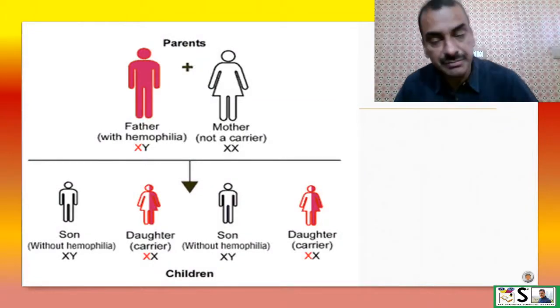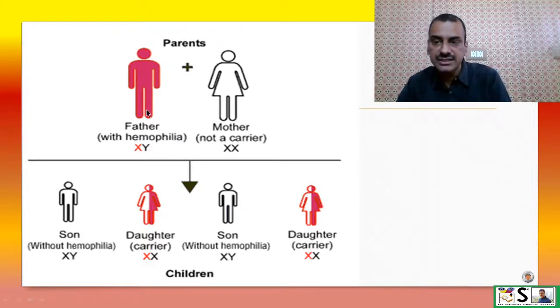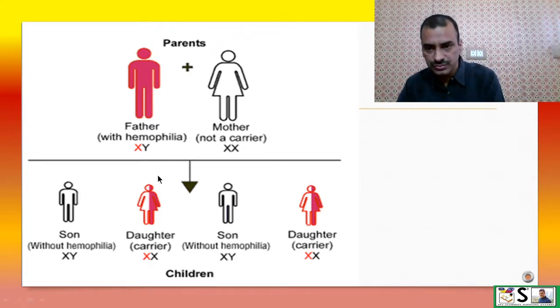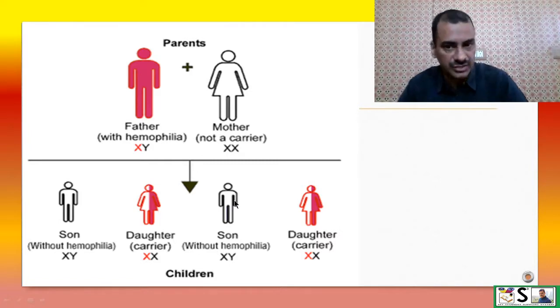Here we can understand it in a better way. If the father is hemophilic and the mother is not hemophilic and she is not a carrier, there will be the chances that both sons will be healthy without hemophilia, because this X chromosome will meet this Y chromosome and the son will be without hemophilia, and here this X chromosome will meet this Y chromosome and the son will be without hemophilia, but their daughters,